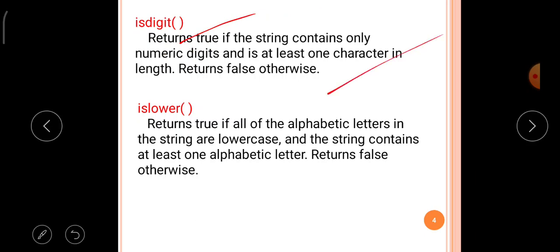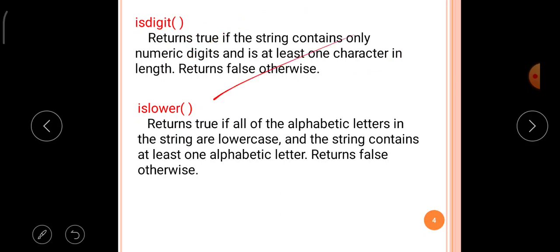It returns false otherwise. This isdigit function also tests the string and returns true if the string contains only numeric digits, that means the string is created with numbers. Otherwise it returns false.